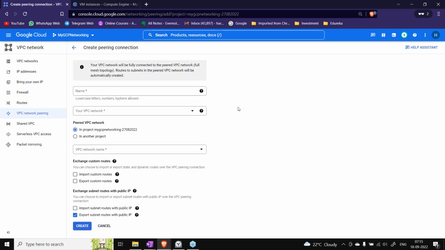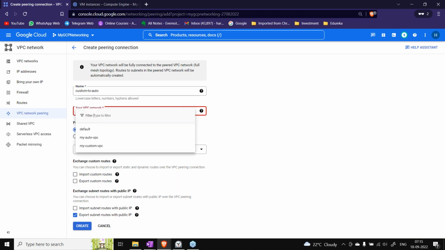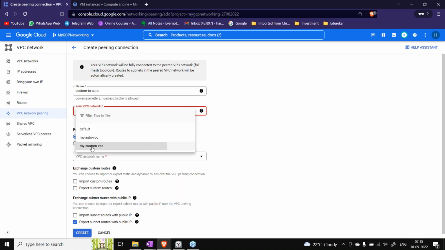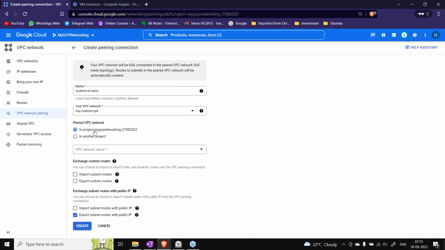If you see here, there are a couple of things you have to specify. Let's say from custom to auto. I'll name it custom to auto; this is one direction, then auto to custom will be another one. Here I have to select the VPC. My VPC is the custom VPC, right? And is it in the same project? Yes, it is in the same project.